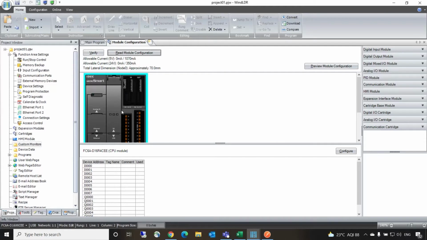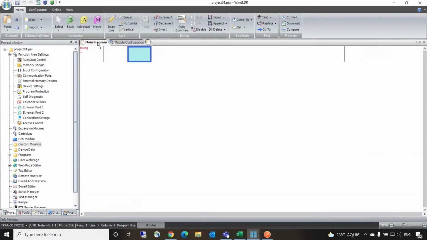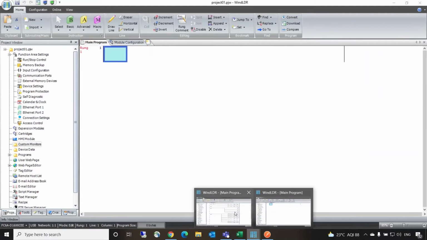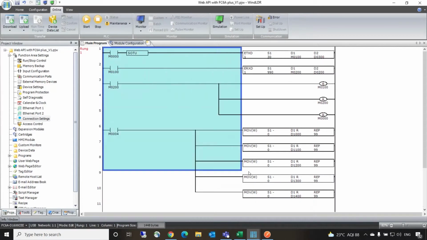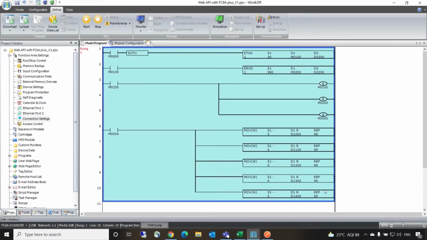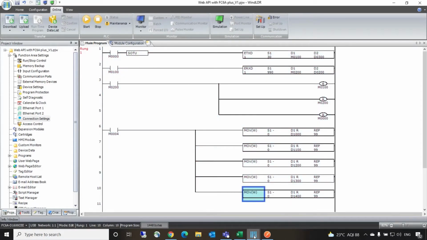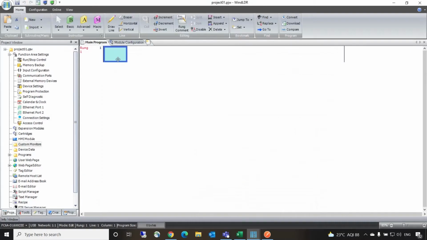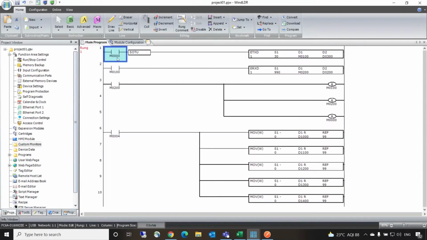I'm not connecting anything else, so that's what you can see over here. Then we'll go on to the main program. I'll not design each and every aspect, I'll try to explain it. I'll copy it from the old program here, just Control C and paste it. The remaining I'll do the configuration here for you.